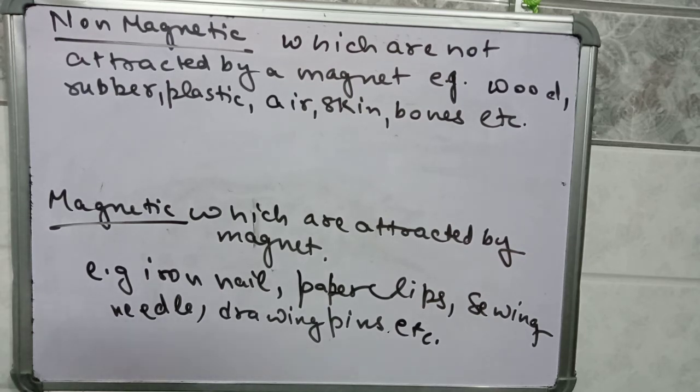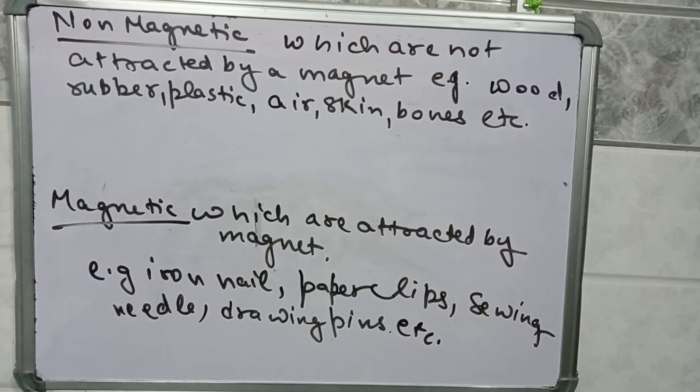Okay. Similarly, you must have seen that a sharpener gets attracted towards a magnet because a sharpener has a blade present in it which is made up of steel. Or in some cases, some sharpeners have blades made up of iron also. So steel is a modified form of iron. Okay, steel is a modified form of iron. So the materials which are present in our surrounding are categorized as magnetic and non-magnetic materials.